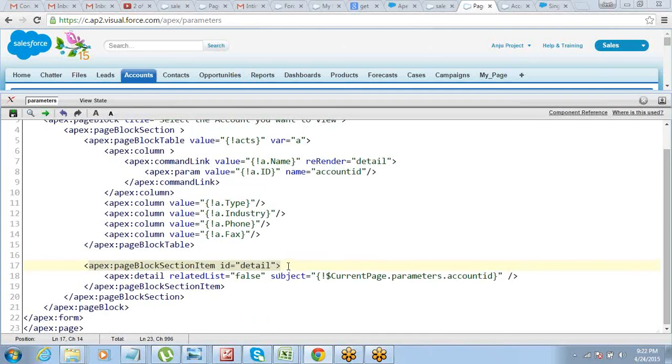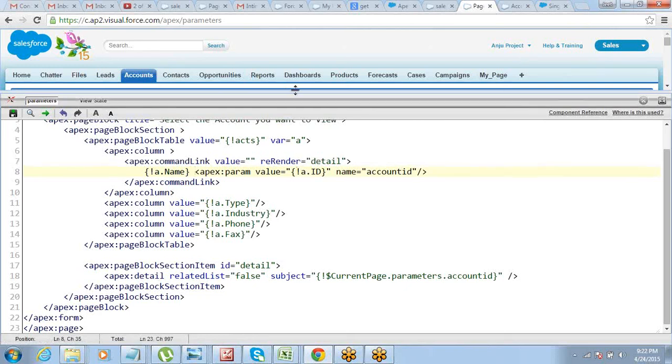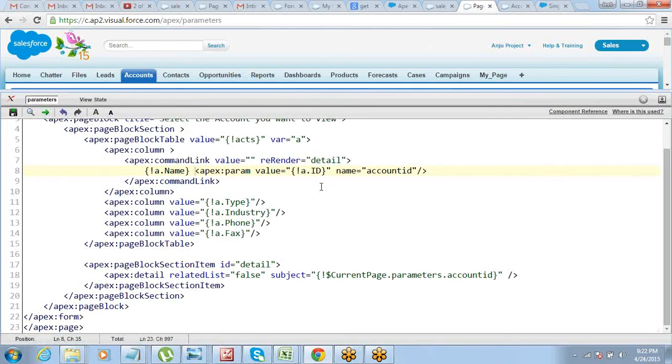Okay, so logically, if we are trying to do a re-render here, then what is happening? See, if you look into the code and try to understand this, when I do a re-render, the re-render part is working absolutely fine. There's no problem with that. The only thing is, if I just re-render this part, then the ID will not get updated, right?